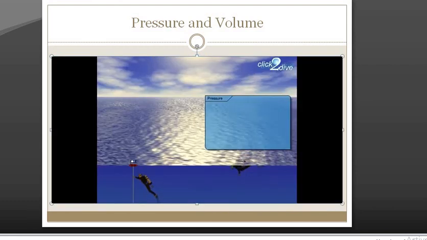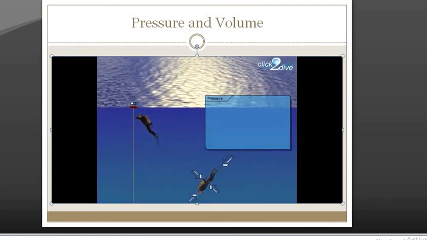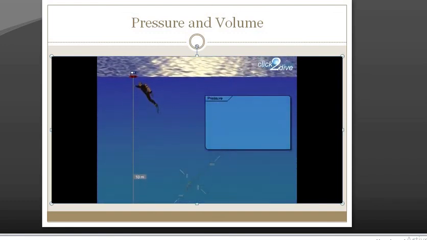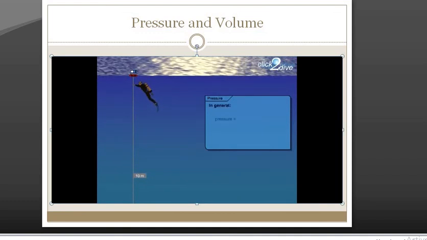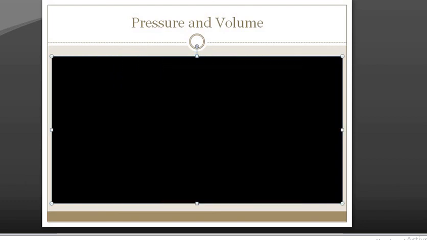An important physical factor is the pressure affecting our body while diving. The deeper we dive, the higher the pressure is. In general, pressure is determined by the weight caused by a body affecting a certain area. The smaller the area affected by the load, the higher the pressure, and vice versa. The pressure of 1 bar is generated by the weight caused by a body with the weight of 1 kilogram on an area of 1 square centimetre. Alternatively, a water column with a height of 10 meters generates